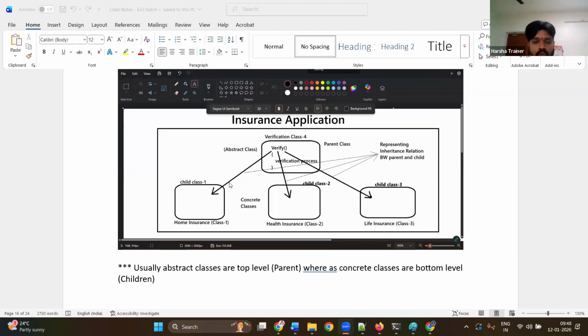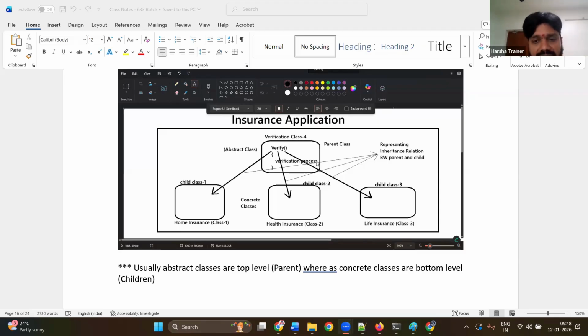So the place where you do not initiate a transaction is an abstract class. If you are creating these four classes, you create verification as an abstract class and the remaining three as concrete. Usually abstract classes are higher-level parent classes and concrete ones are child classes.